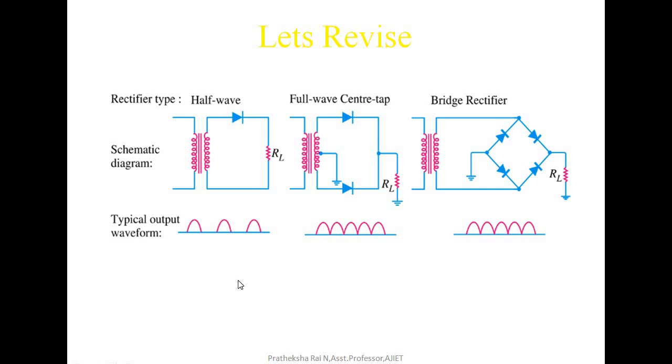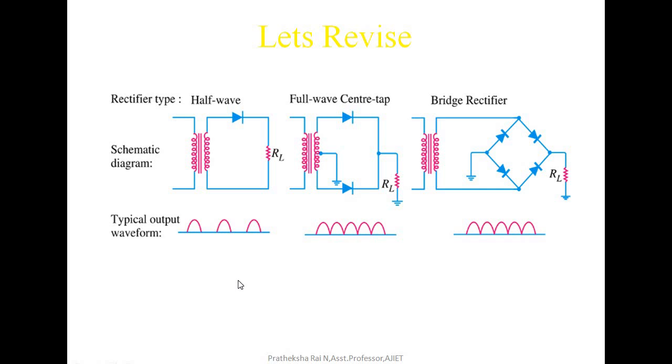In case of full wave center tap, we are making use of a center tap transformer. And if we see the efficiency and performance, both bridge rectifier and center tap do well. But since center tap transformer is costly and its peak inverse voltage is also high, we prefer bridge rectifier. In case of construction, full wave center tap makes use of only two diodes, but bridge rectifier makes use of four diodes, but it doesn't use a center tap transformer. So it is not that expensive. In both cases, the output waveform follows the same fashion. That is, for both positive half cycle as well as negative half cycle, we get the output.